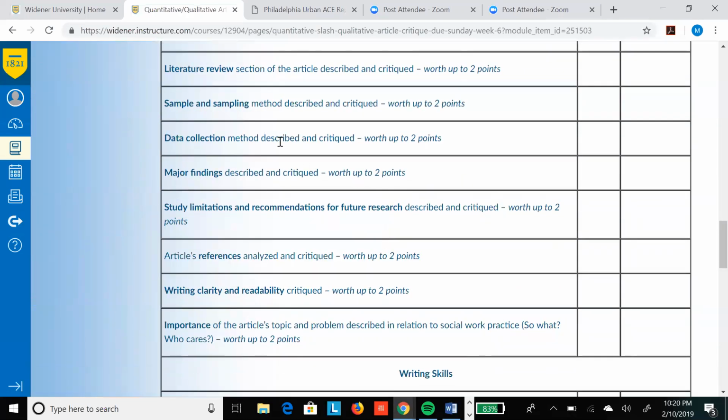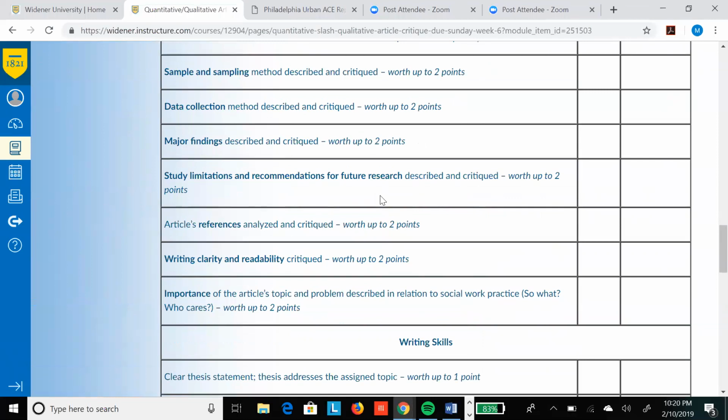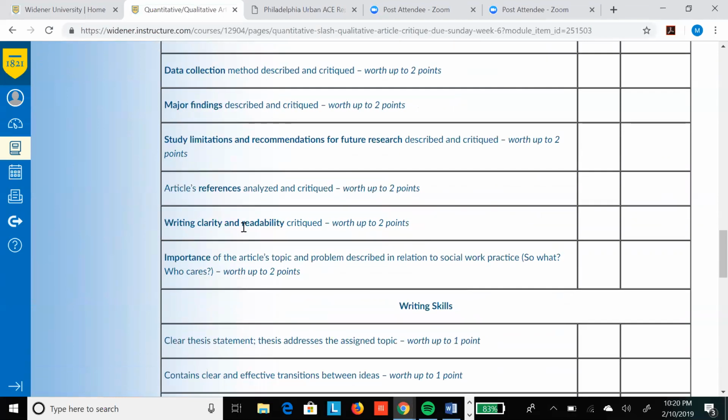You're going to describe and critique the data collection method used. You're going to describe and critique the major findings. You'll describe and critique study limitations and recommendations for future research. You will analyze and critique the article's references. And then you want to make sure that the writing clarity and readability of the article